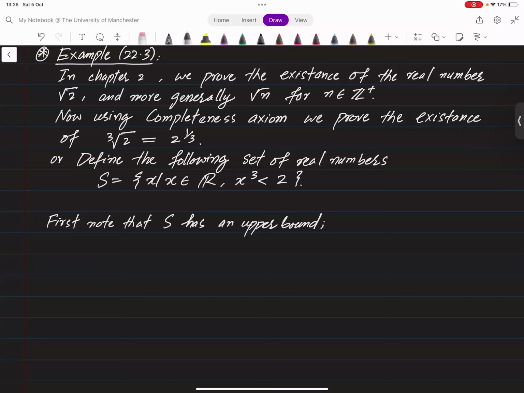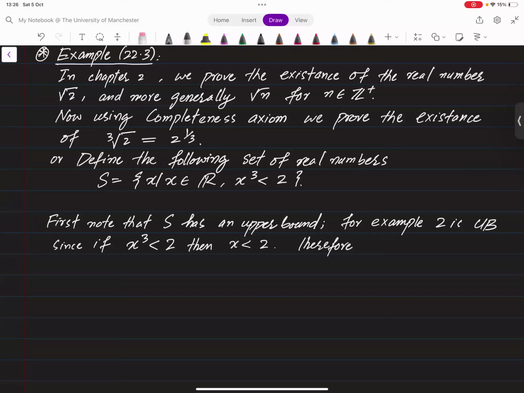Upper bound. For example, 2 is an upper bound. Two is an upper bound since if x cube is less than 2, then x would be less than 2. Therefore, by the completeness axiom,